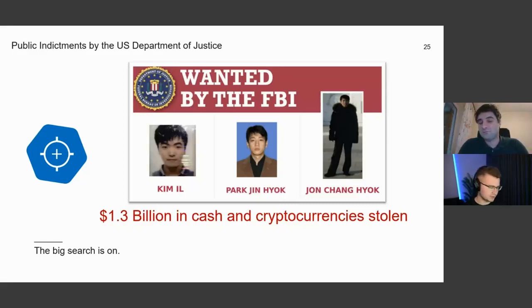What we traditionally call APT is related to nation-state sponsored groups that operate on very big budgets, and their main goal is normally to collect intelligence. So they collect information. They don't steal money. They have enough financing and budget, and they don't need to commit crime. Many of them are contractors to the government or government employees. So APTs, generally speaking, are not interested in such attacks. But BlueNoroff is a group that is part of Lazarus, and Lazarus is one big APT believed to be associated with a nation state that actually breaks the rules and steals money. They are really doing this on a very, very large scale.